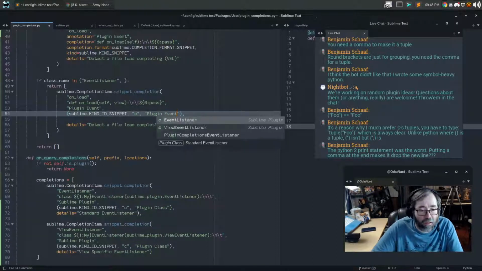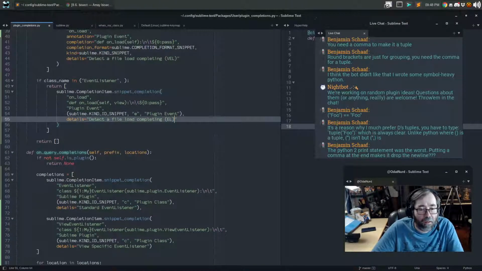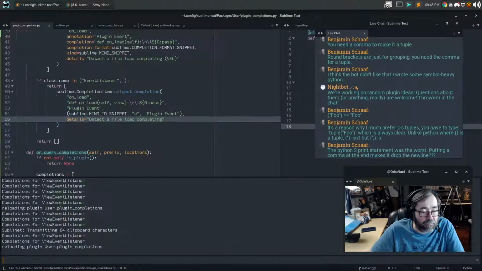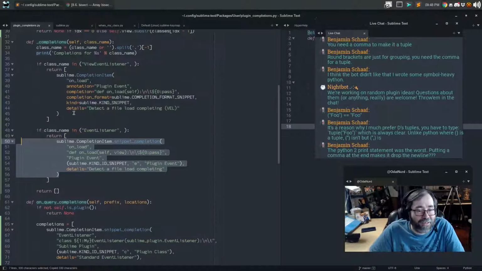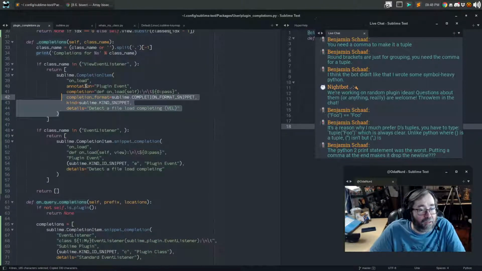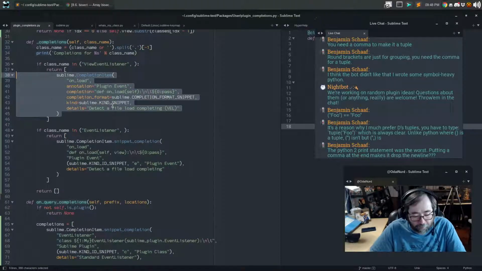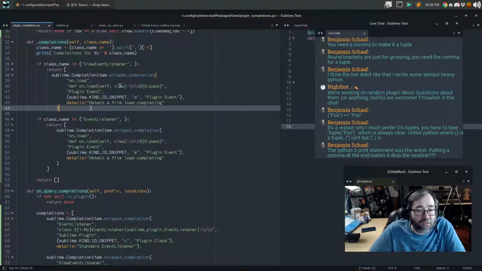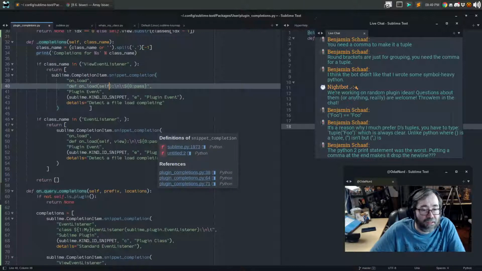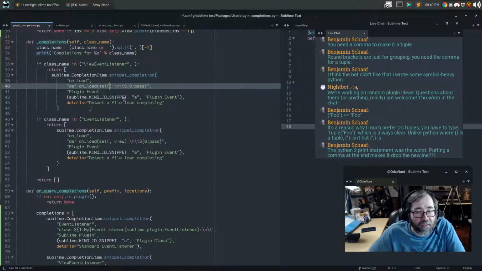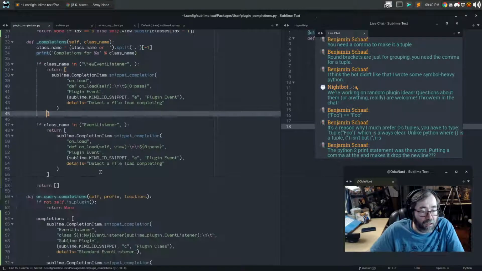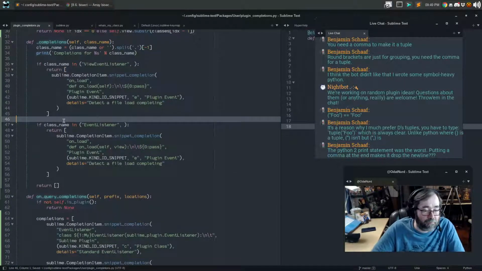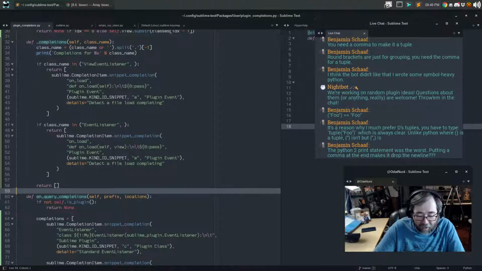So something like that. And I'm going to throw caution to the wind and do this. Whoops. This one doesn't need this because it's a view event listener. And that. So, and it doesn't even matter to the completion engine, but